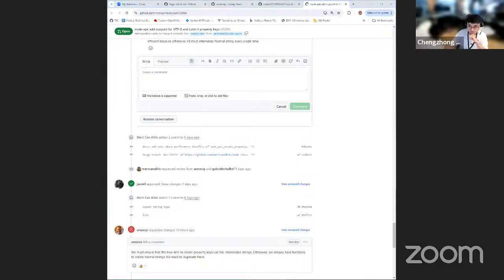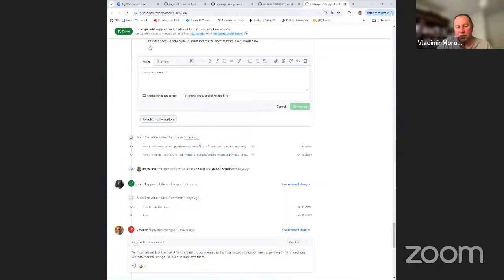And Gabriel, can you comment on what you find confusing there? Yeah, so I was just thinking that the documentation says that there is additional overhead if the engine doesn't support this, right? But if the engine doesn't support it, then the implementation will simply fall back to creating a regular string, so you don't get the benefit, but there is no additional overhead because the function is just an alias for creating a regular string. So in terms of the implementation in V8, yes, there is an additional overhead which you pay the first time, but the documentation doesn't talk about that overhead.